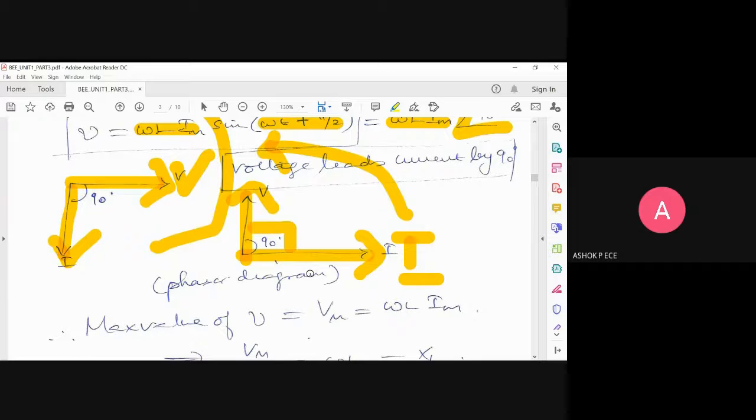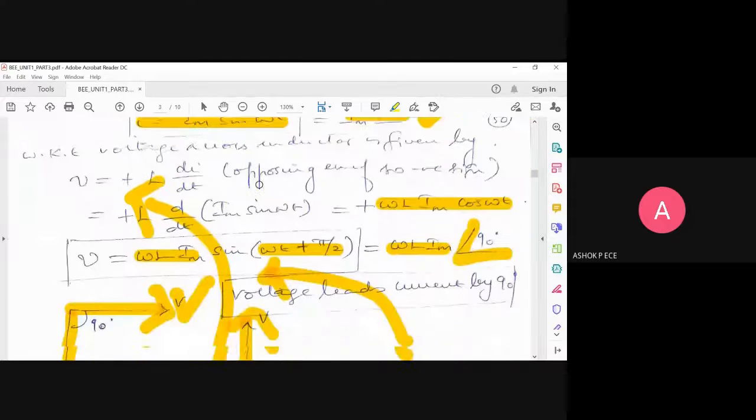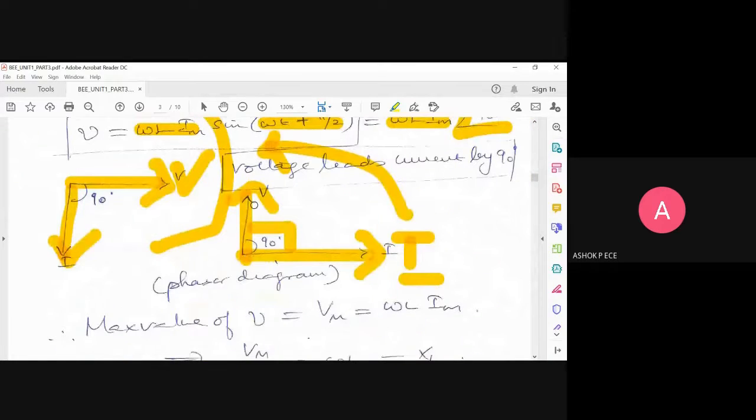So in an inductor, even though you supply current to excite your inductor coil, the produced voltage is going to lead the current. See, which are you applying first, current or voltage? I'm applying current first, correct? And voltage is what I get because of applying current. The voltage is produced after current is excited. But the unique feature is voltage is actually faster compared to current. That is the nature of an inductor.